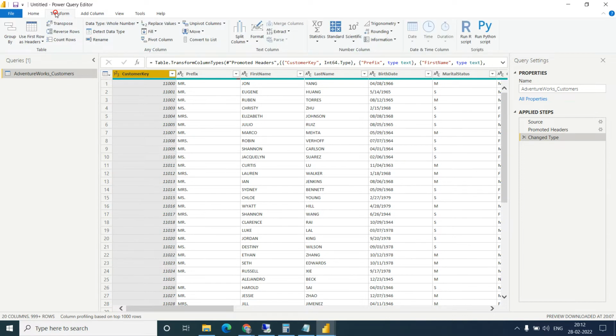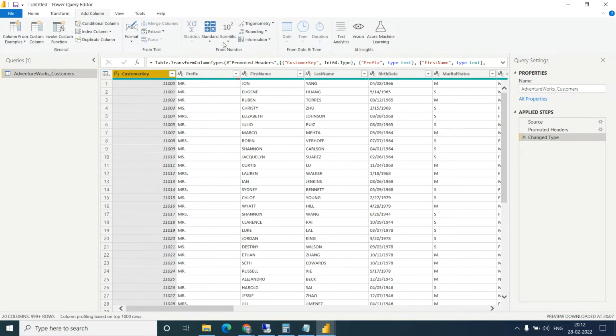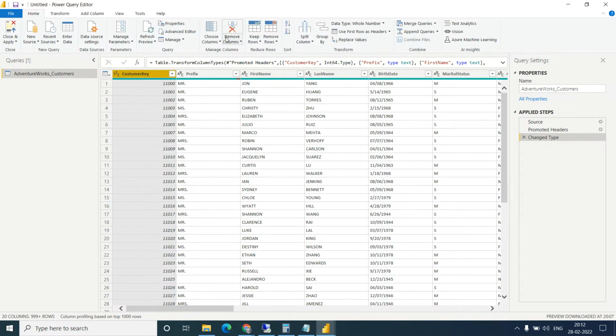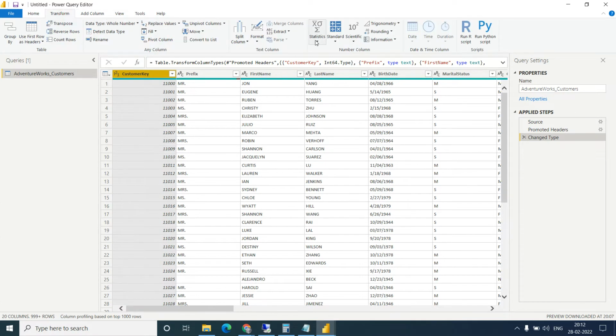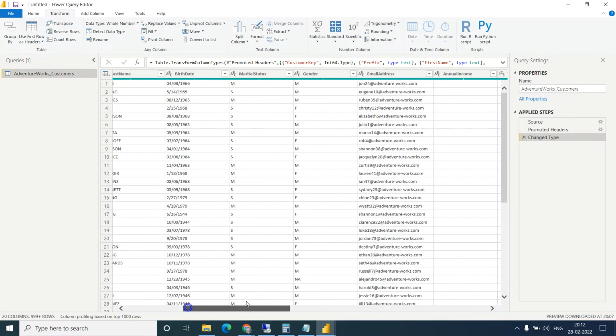Go to the transform. In transform the statistic tool is visible, but in add column it is not visible, you can see this. So let's click on transform and click on statistic. Let's say you want to take the total of the values, so we can use sum. Let's see, and just dragging this,